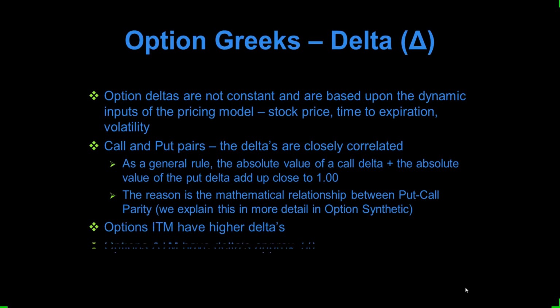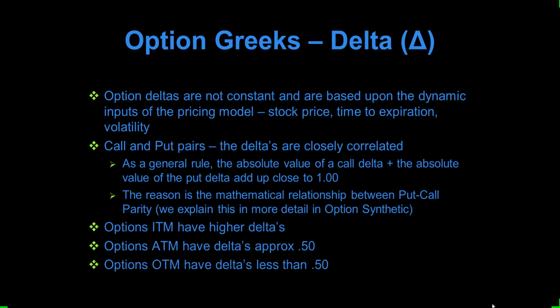Options in the money, as I said, have a higher delta. Options at the money, approximately 50. Out of the money, have less than 50. Now, a couple of other things. What's the effect of time on delta? All right. If you think about it for a minute,